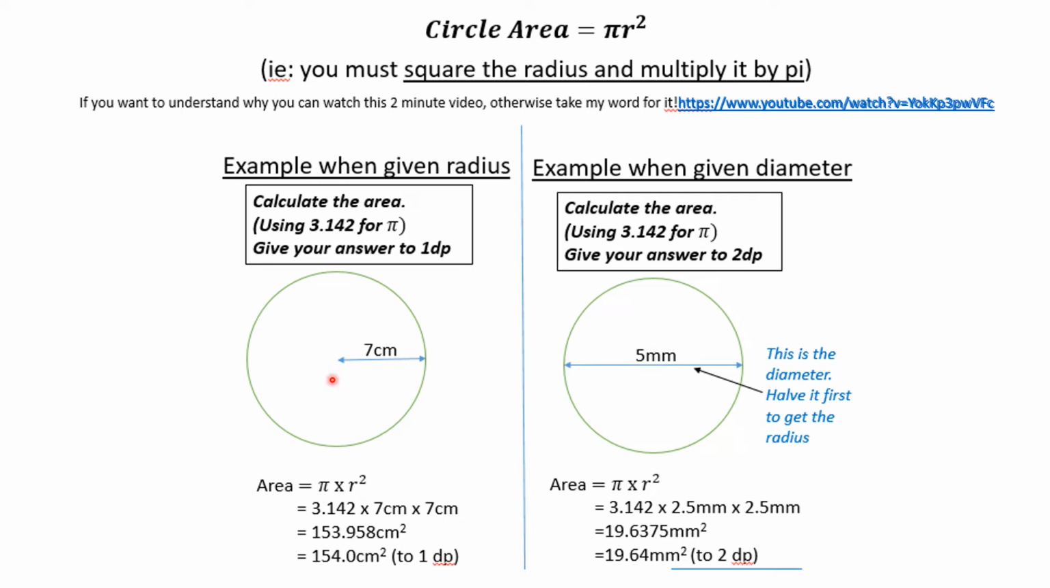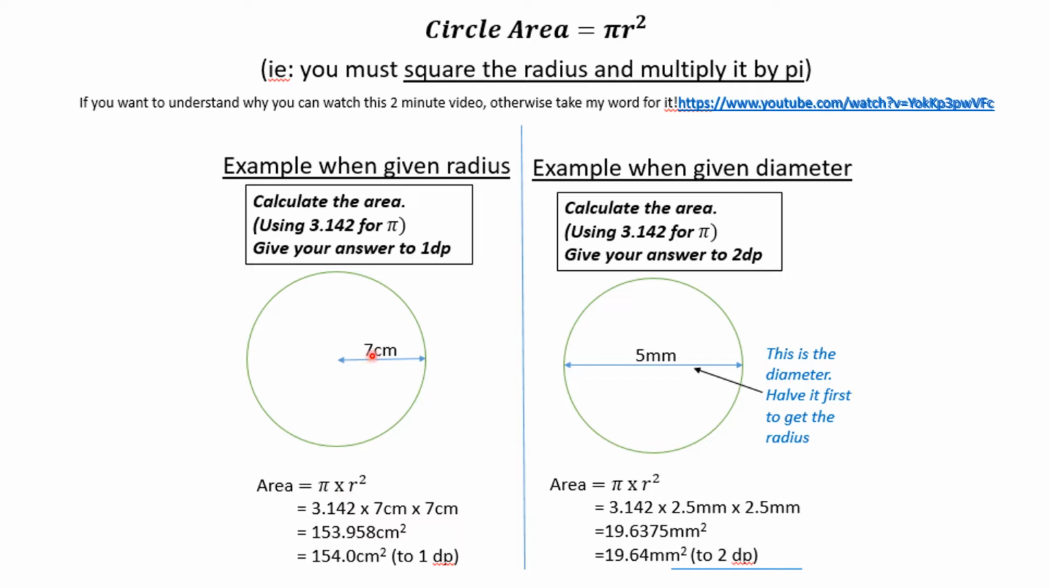Okay, so this is just a reminder about the formula for the circle area, which is pi, that really long number, 3.14, blah, blah, blah, times the radius squared. A reminder that the radius is from the centre to the circumference, okay? This over here is a diameter, so that goes from one end of the circumference through the centre to the other, okay? So here I've got an example if we're told the radius, so it would just be pi times